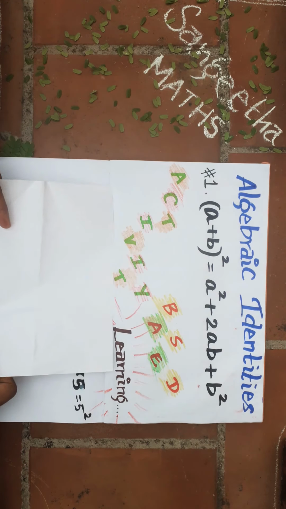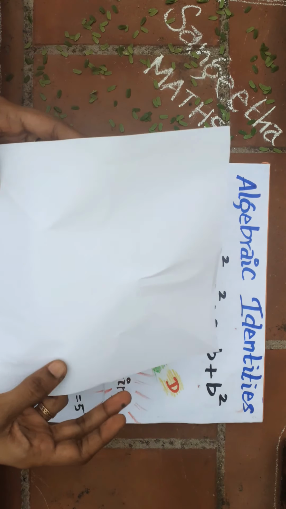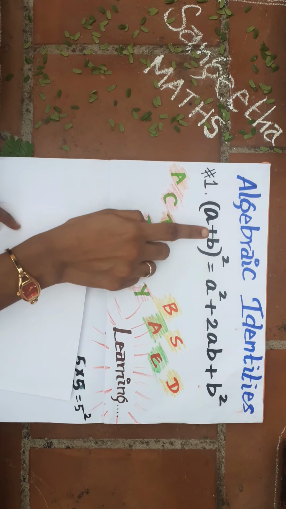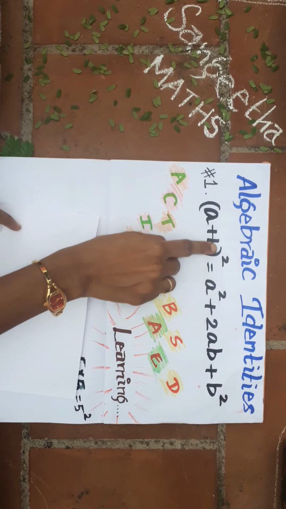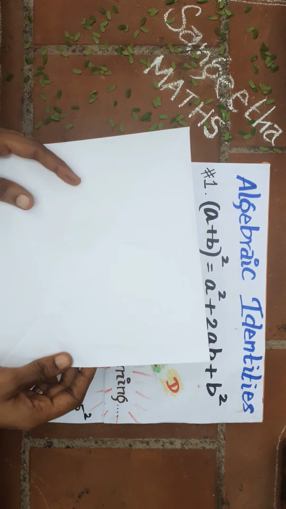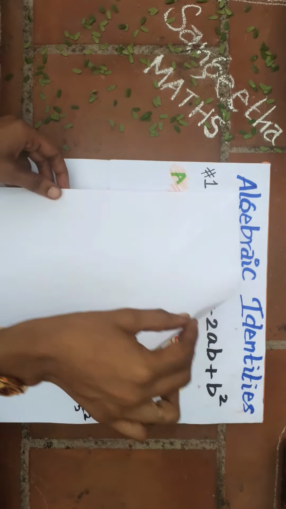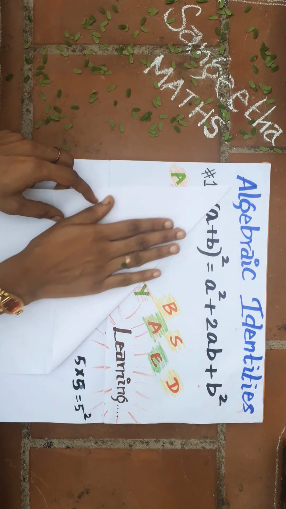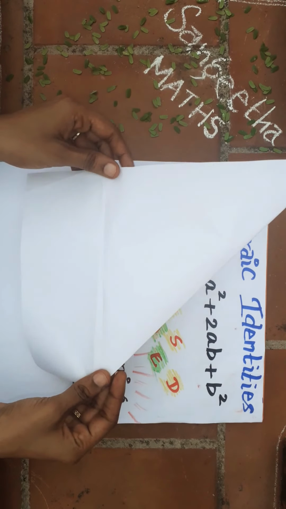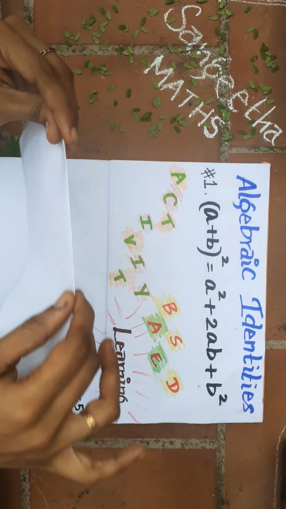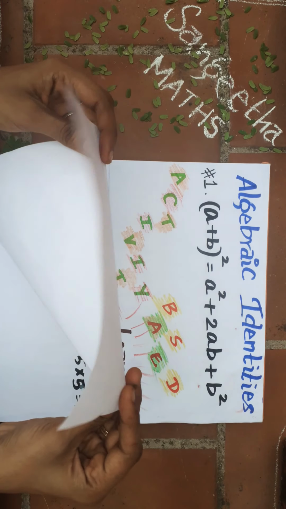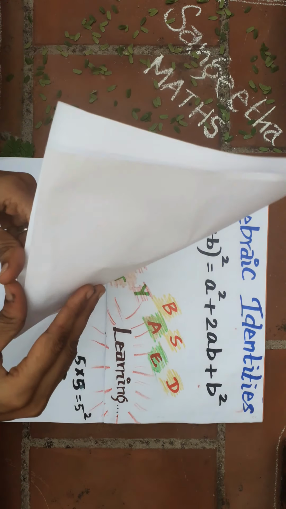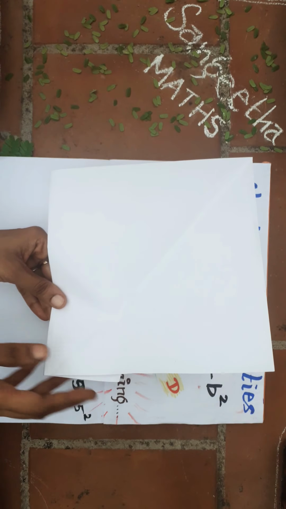To start with the activity, you can take an A4 sheet or a color sheet. So it's (a plus b) the whole square, which talks about a square. So first I'm going to cut out a square. We all know that to cut a square paper, we fold it. Yes, in your childhood you would have made a boat this way. Then the remaining part, we just cut out. So then we get a proper square.